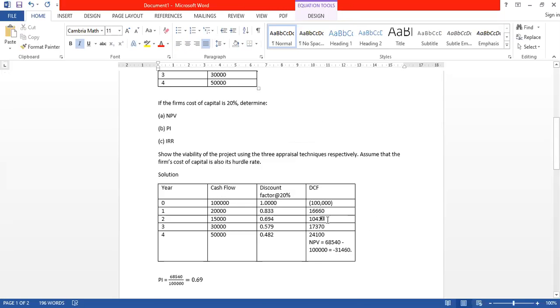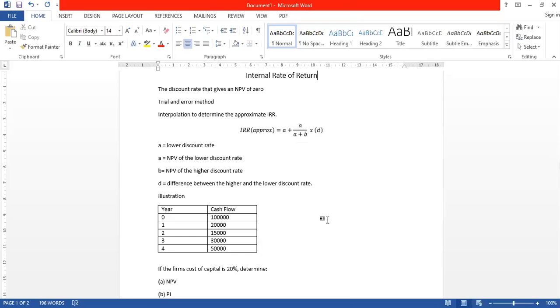Sir, please, how did you get the 3%? Are we to choose any percentage we want? The 3%, that's why it is called trial and error. You begin with the trial and error method. In the trial and error method, you can choose any